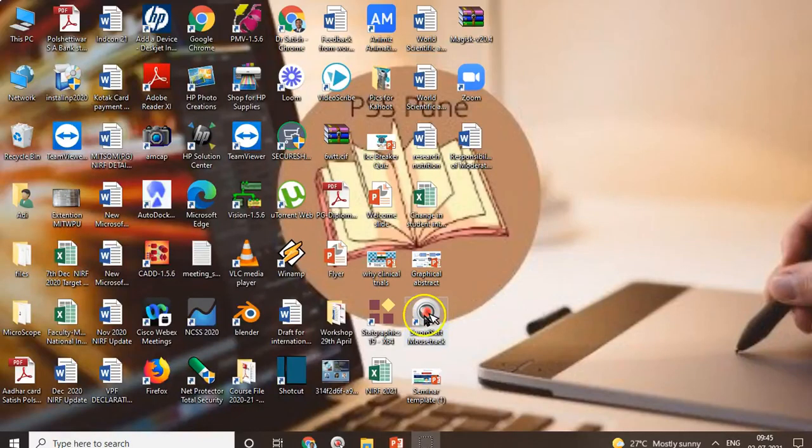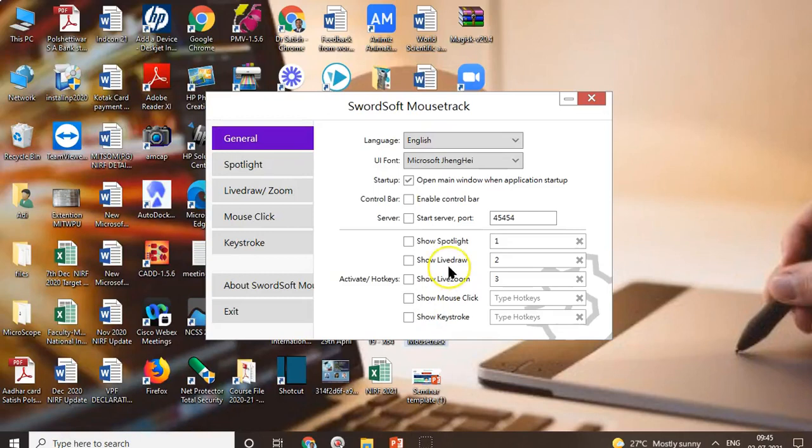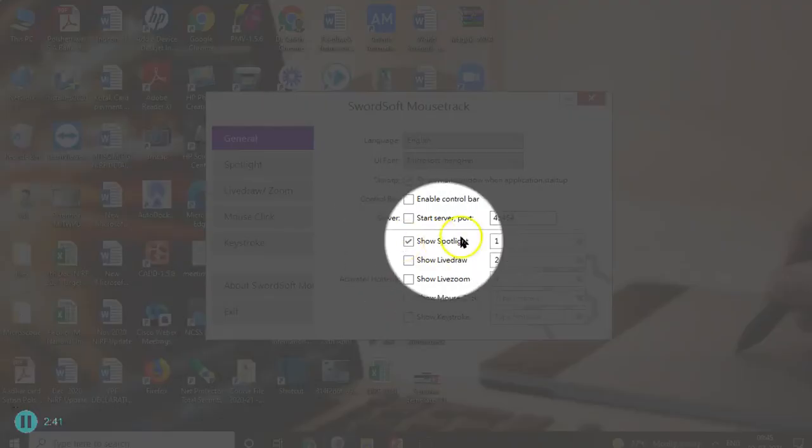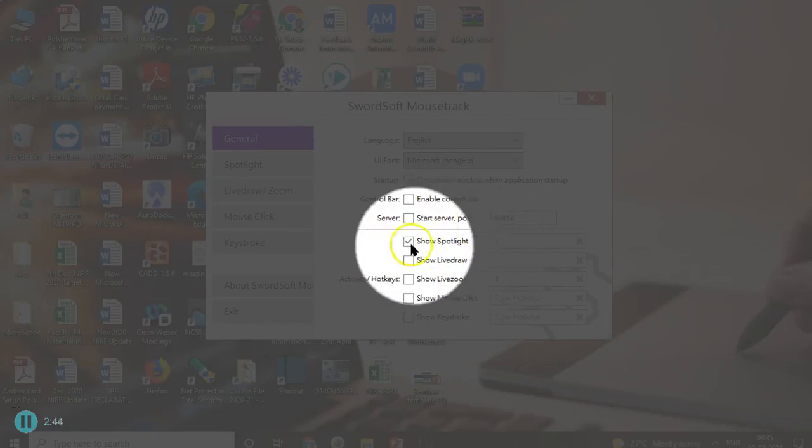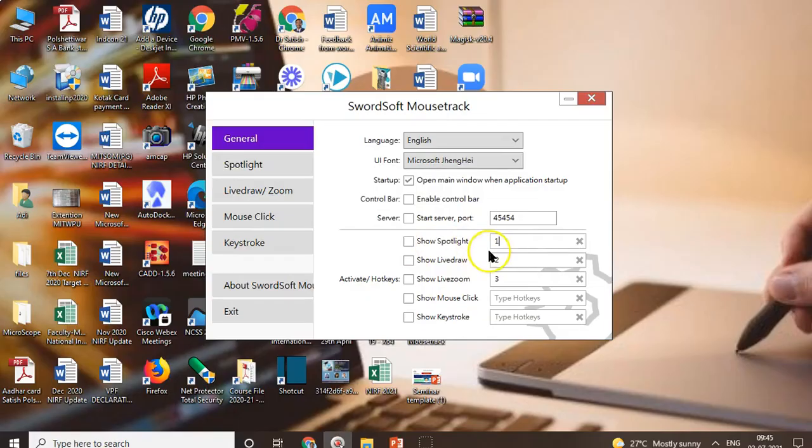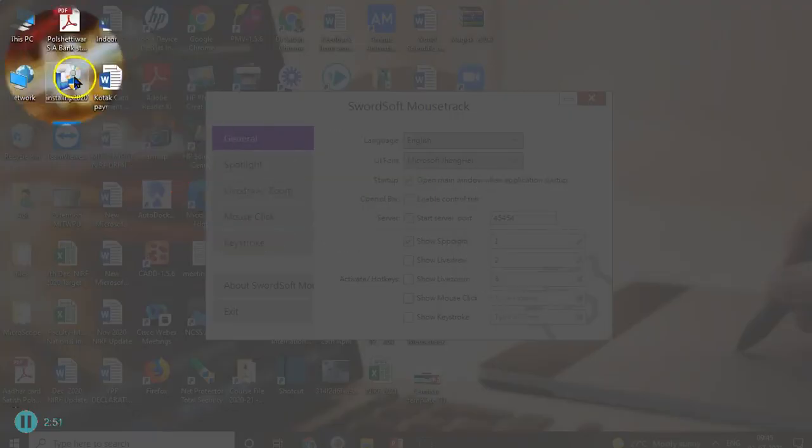For that, you have to just click on this application. Now see, the moment you click on the application, you could see various options. The first is Spotlight. So what is the use of Spotlight? Spotlight is very useful when you want to show a particular area around your mouse pointer, or when you want to check your mouse and display your keystrokes on the screen. You can press the 1 number in order to show the spotlight. The moment I press 1, you could see this. Again, if you want to normalize your screen, press 1 again. So this is a one-number hotkey given to highlight your particular pointer.